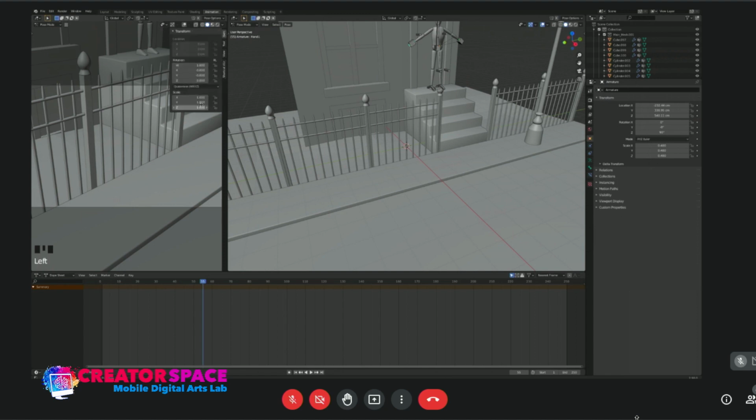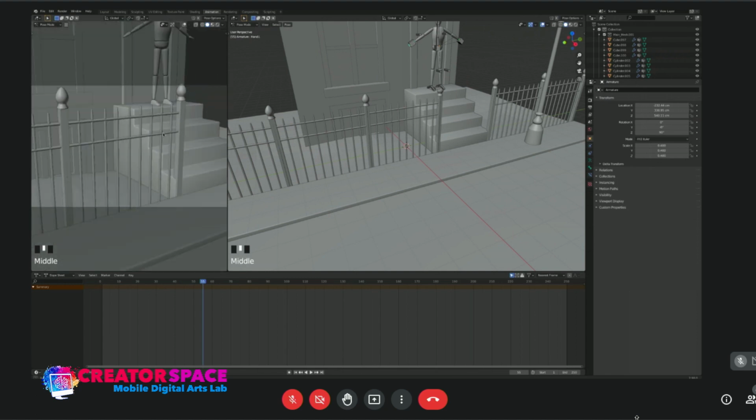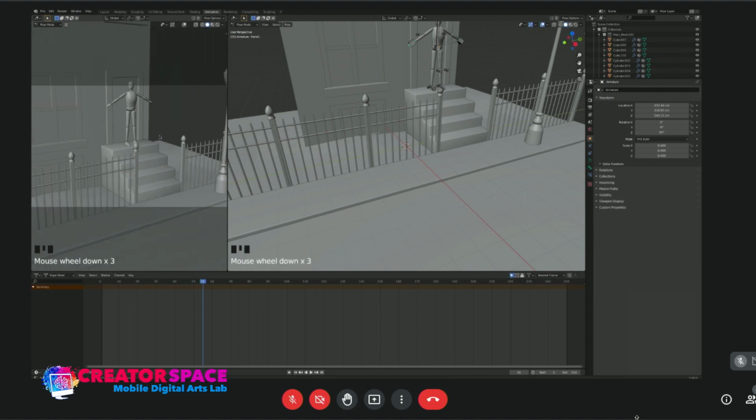Item. The view. The camera view is to lock the camera so you can move it like you move a normal